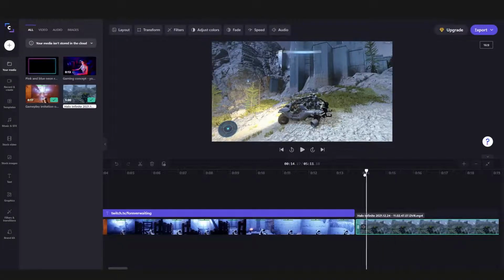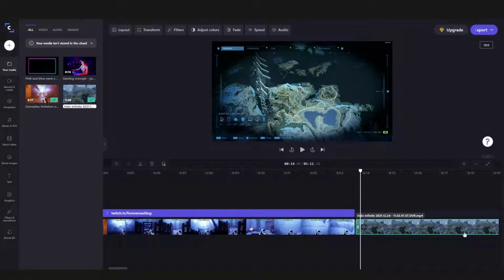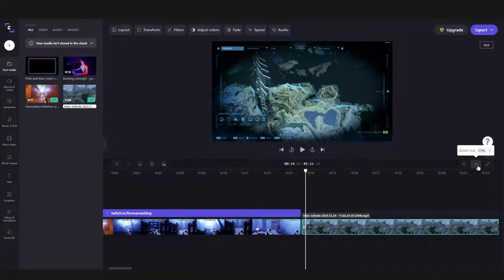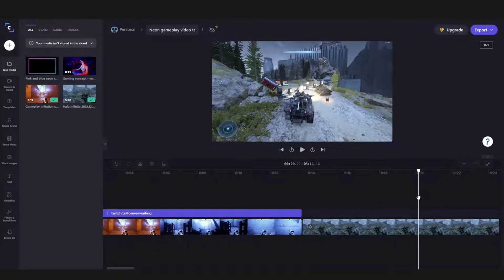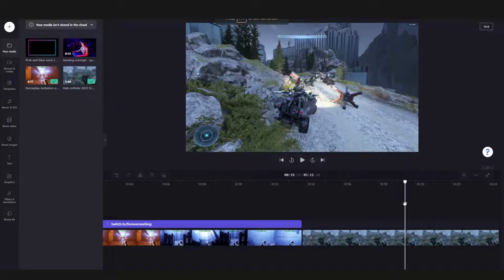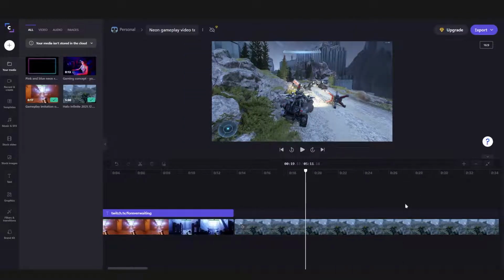Now, if you have footage that runs for more than a couple of minutes like I do here, you probably won't be able to see everything in your timeline. To fix that, all we have to do is change the zoom level by clicking on the plus or minus button right here, pressing Ctrl plus or Ctrl minus on our keyboard, or holding down Ctrl and scrolling up or